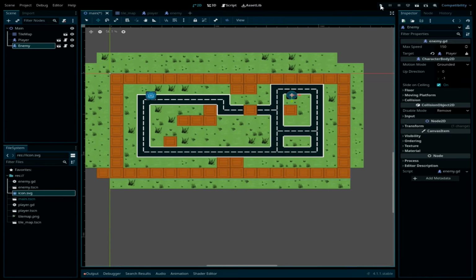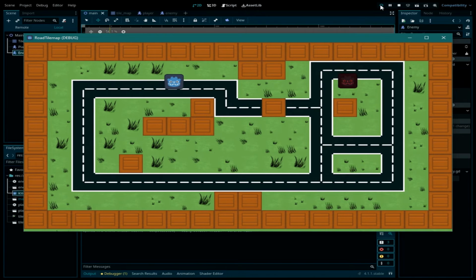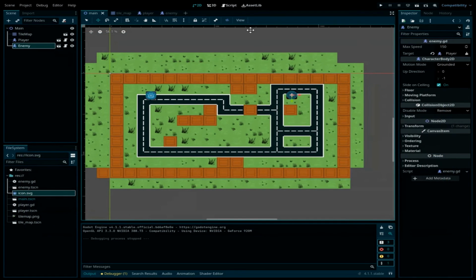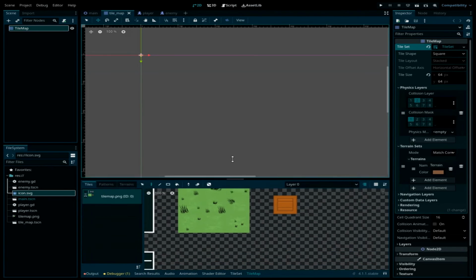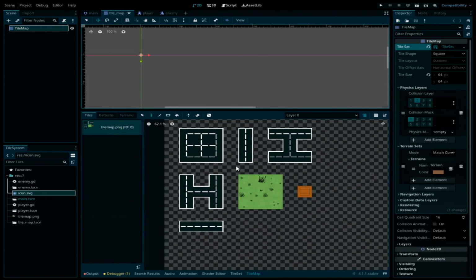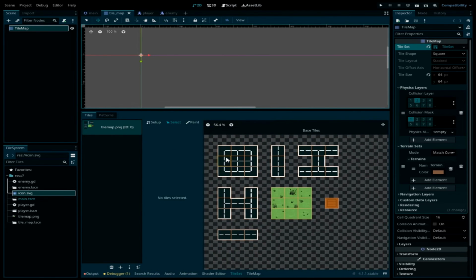And now we can run the game, but nothing is happening. The enemy is not following the player yet, and that's because there is no navigation area where the enemy can navigate in. So we need to go back to the TileMap node here and set the navigation area to the tiles where the enemy can navigate in. So go to tile set and select all those